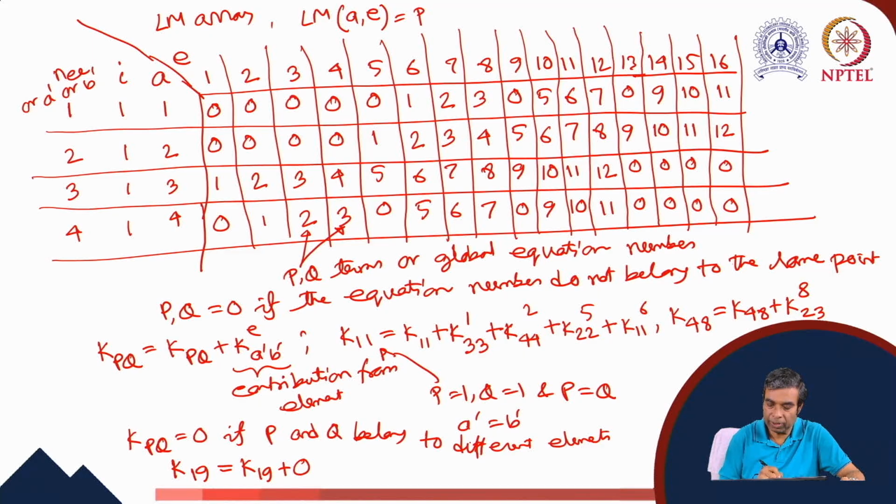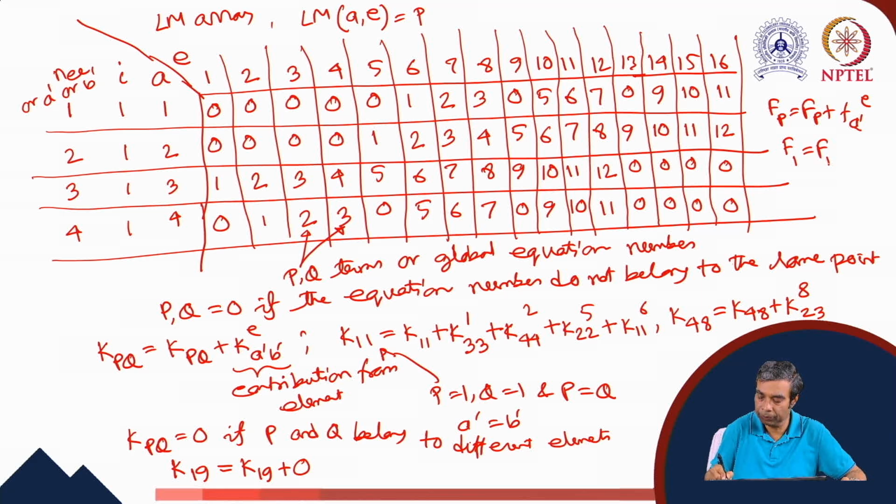Similarly, we can construct the load vector. I can show this here. Fp equals Fp plus F A prime E. So let us first consider F1. This is the initial guess, F1. Let us search for index 1. It is present here. So Fa equals F A prime E. E is 1 and A prime is 3. So it is F31 plus, in the second element, it is at the 4th nodal number. So it will be